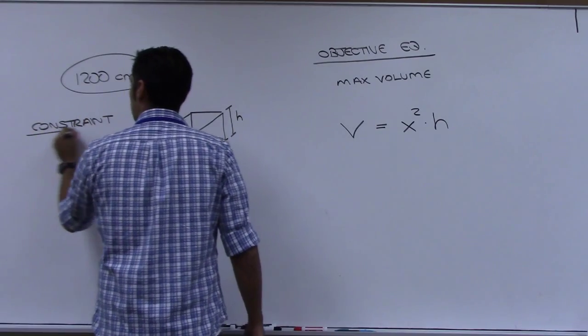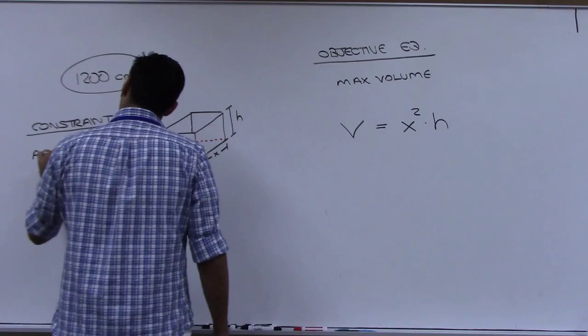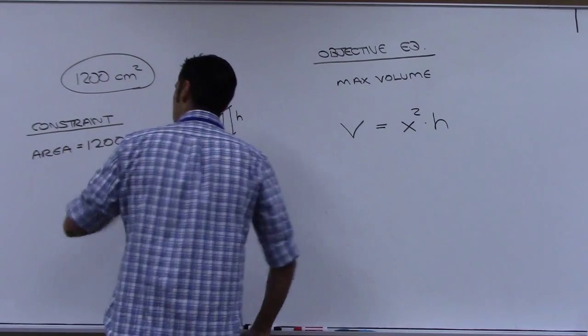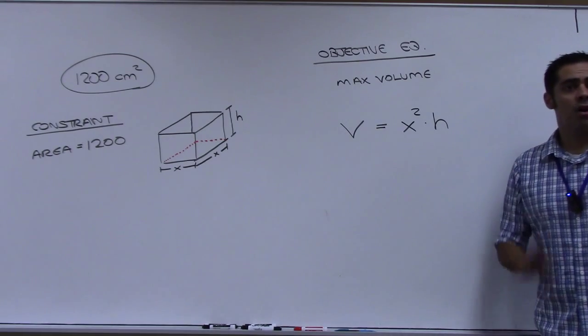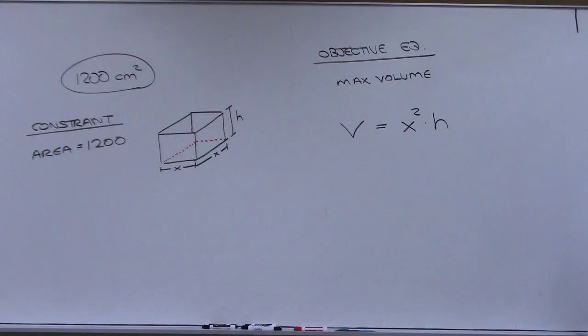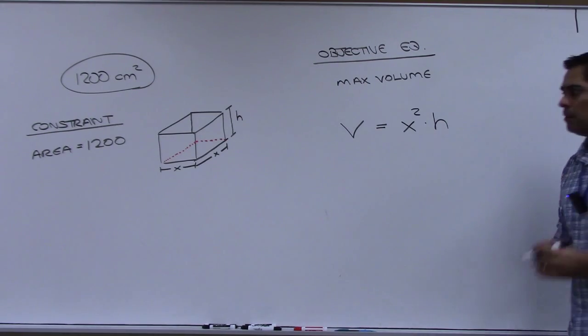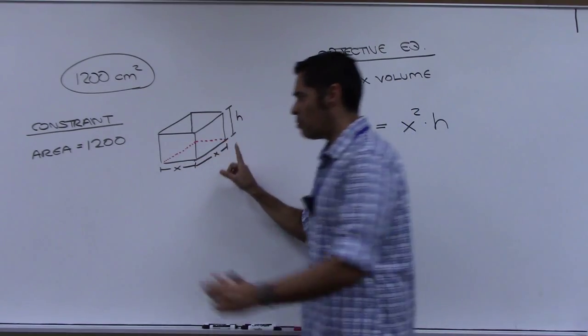My constraint is that the area must be 1,200. Now when I say area, what I mean is all the sides together. So can you give me some idea of what the surface area of this box is? X squared. X squared, so that's the bottom, right? Right. X squared, the bottom times the bottom, that's x squared